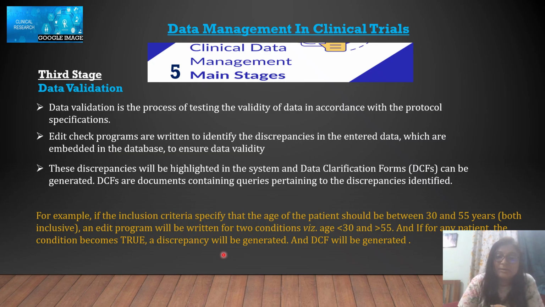For example, if there is an inclusion criteria, as I explained, of 18 to 55, here we have taken, say, 13 and 55. In that case, an edit program will be written for two conditions: is smaller than 30 or is greater than 55. And what will be the result? It will be highlighted: these few persons are more than 55, few persons are less than 30. Then that discrepancy will be mentioned in the form